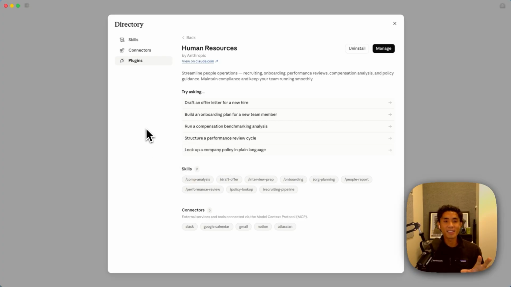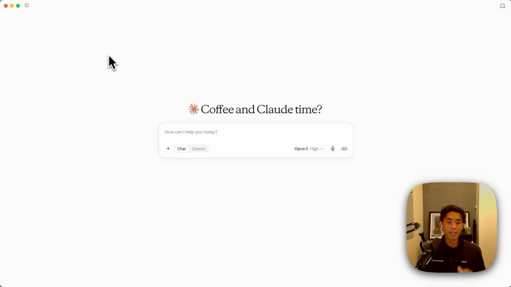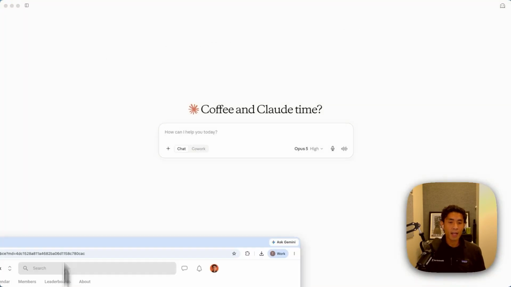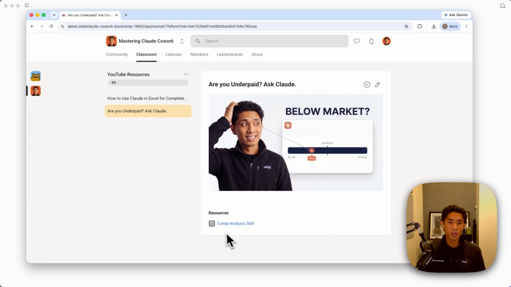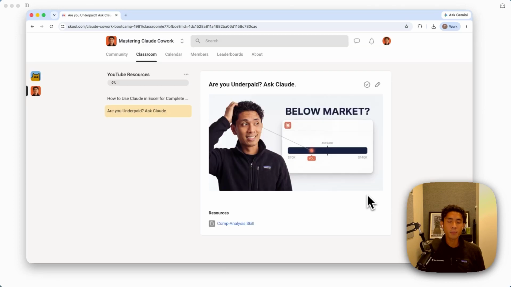Now, the thing is, if you have a free plan of Claude, you have access to skills, but you don't have access to plugins. So what you're going to have to do is download the skill file separately. What I've done is if you click on the link down below in the description, I have uploaded the skill file for you to download here. So all you need to do is click on this, hit download,